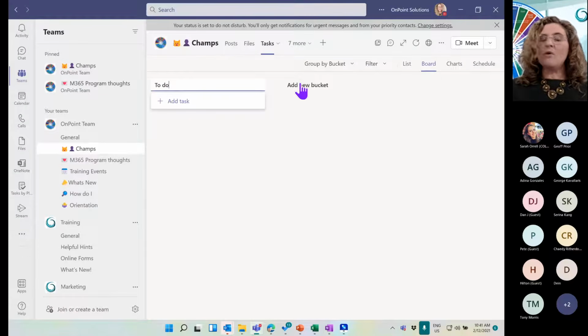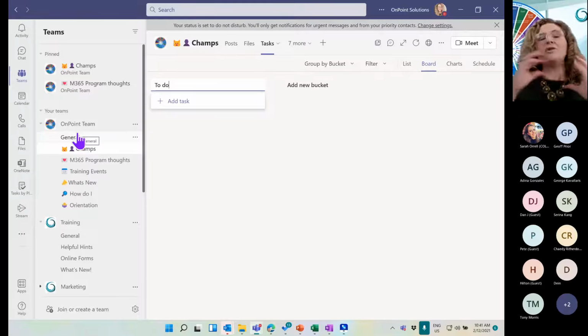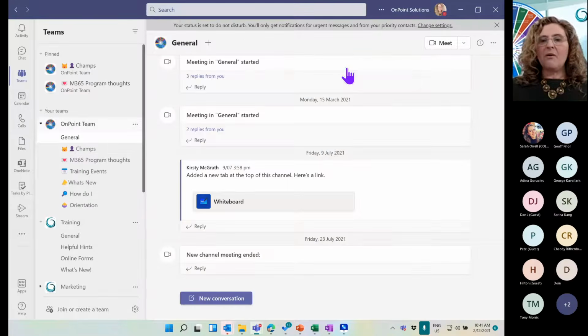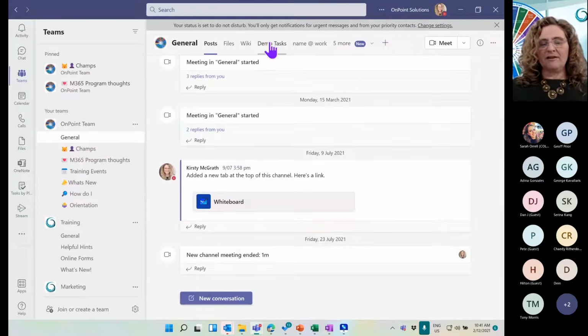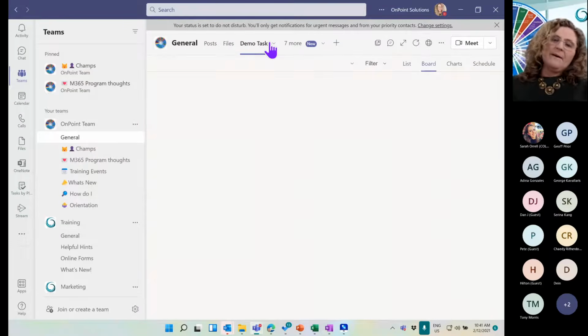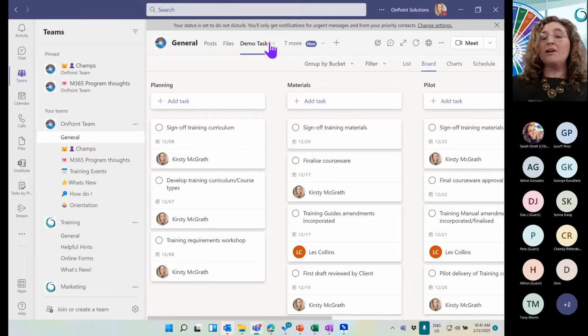I can start to add in what we class as a bucket. This allows me to sort of categorize into a group and keep things together to be able to see. Now I've got different views as part of my task management. Whether I'm here or I can go online, if I wanted to, I can go and have a look at this online on the website. So this is all sitting also up in office.com.